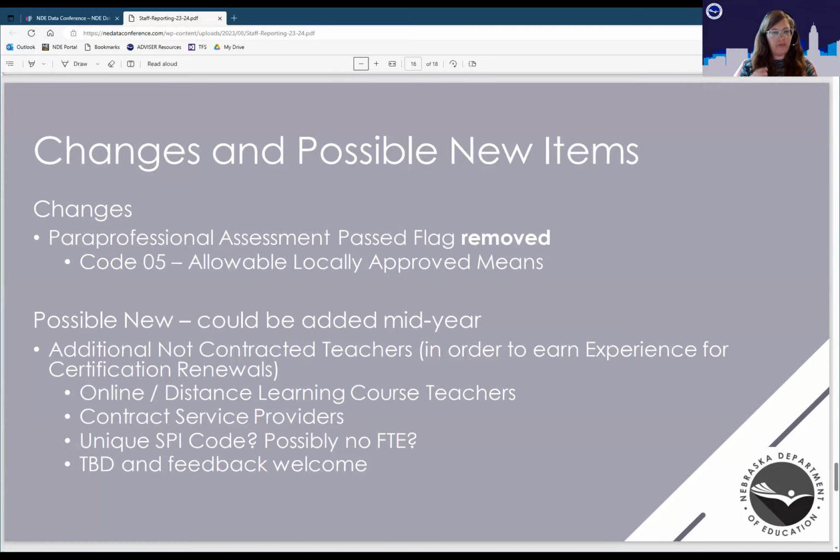So some ideas that we've bopped around and that we're considering for these particular folks is, one, they would be reported as not contracted, because clearly they're not a contracted teacher with your district. You're utilizing them likely on an ad hoc basis. So what does that look like? Would we use maybe a unique SPI code? Those are those little digits that go before the four-digit position assignment. Possibly no FTE. How would that look? So I just want to elevate it, bring it up as a discussion point. If you have thoughts, feelings about it, of course, email us or let us know here, but it's just an idea that we're considering, and we really would like to utilize your feedback.